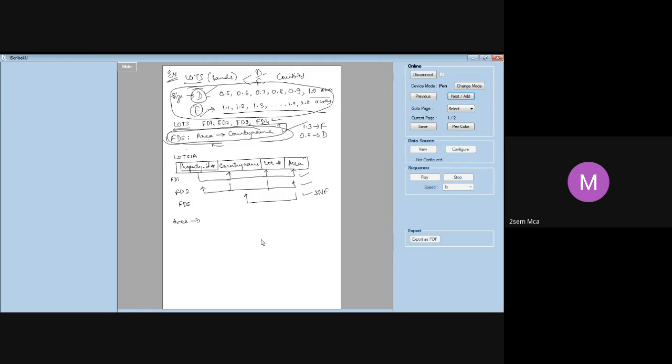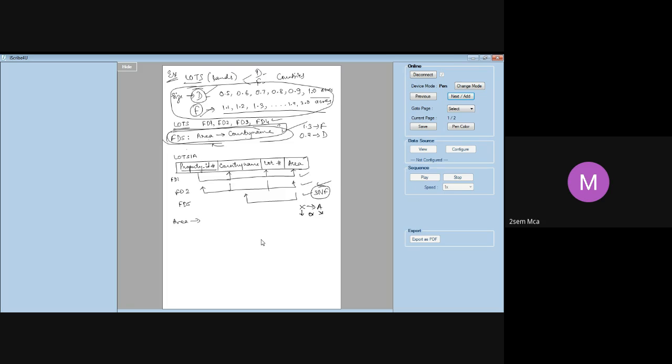See, the general definition of 3NF states what? If X determines A, X should be either a super key or A should be a prime attribute. If one of these conditions is satisfied, then we say that particular dependency is in 3NF. Now, in case of area determines country name, area is not a super key, but country name is a prime attribute. Hence, one of the conditions is satisfied. Hence, it is in 3NF.